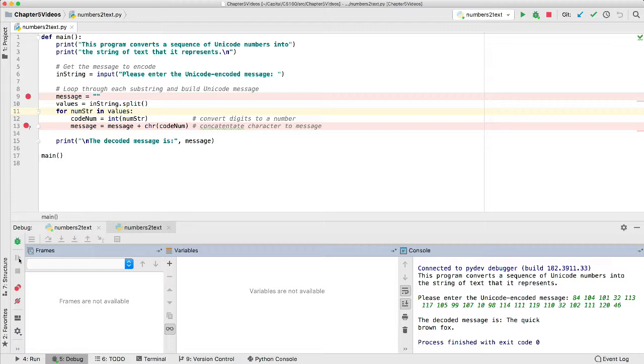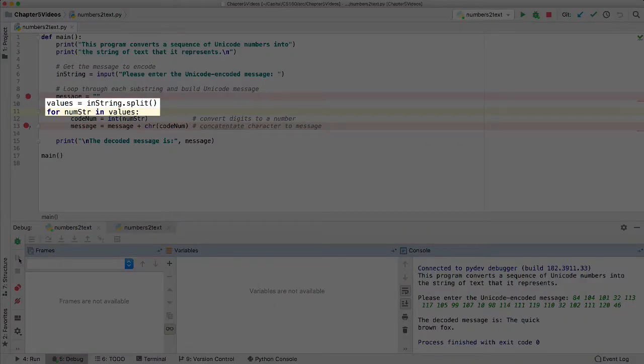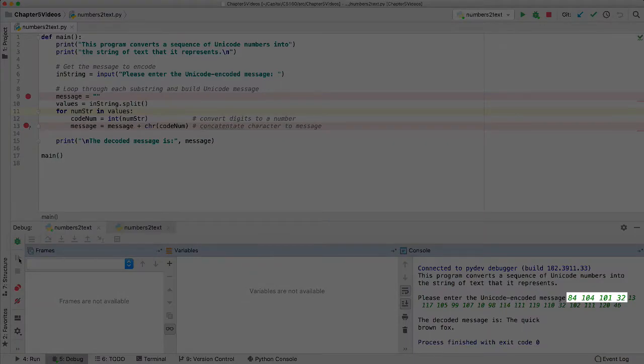There are two important points to learn from this example. The first is we now have a way to allow the user to enter as many numbers as they wish, without first telling us how many numbers they will be entering. We can input them as a string, and then split on the separator used when entering the numbers, and write a loop to process each number one value at a time. The second point to notice is that we needed to use split, since each number was not the same length. Some of the numbers I entered had 2 digits, and some had 3 digits, so we could not use slicing to grab each number,